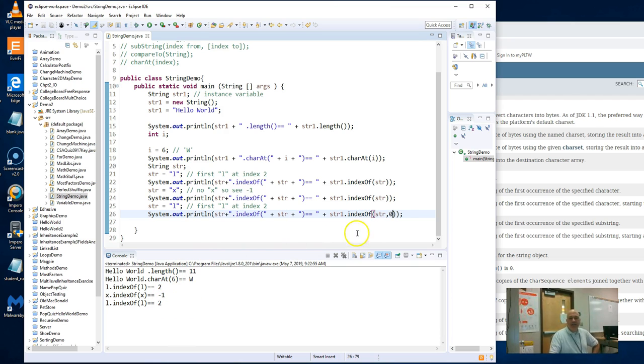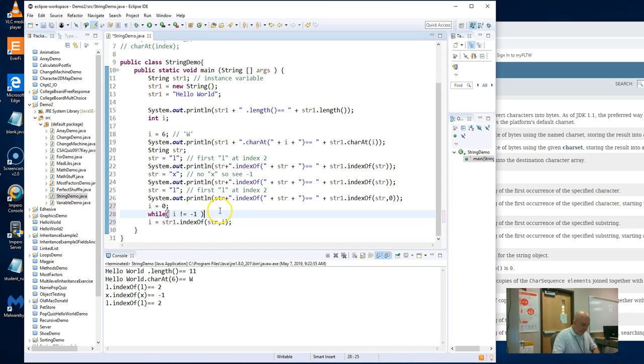That'll work. Okay, so the first L is at index 2. If we remember where these indexes are and keep looking, similar to this, I equals str1 dot index of str, comma 0. Let's do str, and I here. And we'll make I equals 0 here. And then we'll do a while loop right here. While I is not equal to -1, do I equals str1 dot index of,